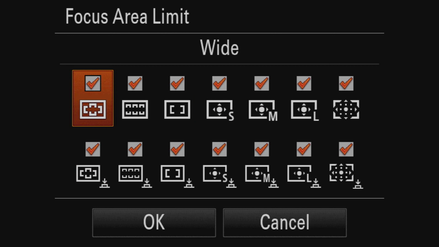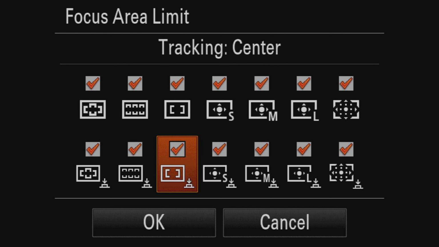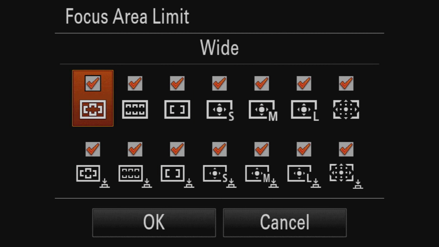Truth of the matter is, could I get rid of wide? Could I get rid of zone? Could I get rid of center? Yeah, probably. Because nine times out of 10 with the A9, I'm going to be using these tracking ones down here. But you know what? I leave everything open because